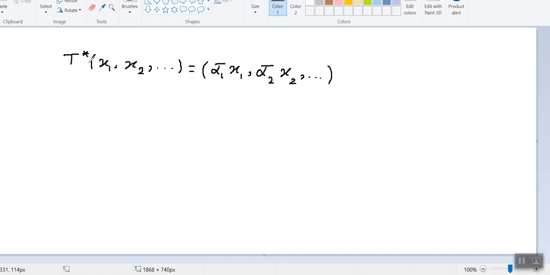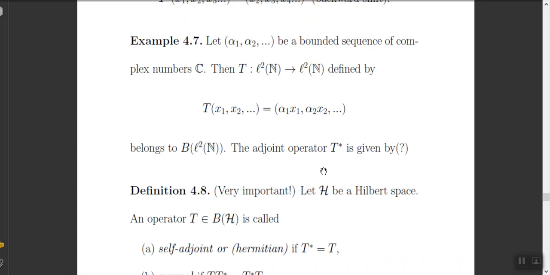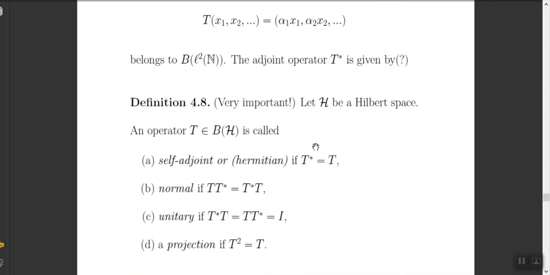Okay, so I leave it to you to show that this T star is indeed given by this formula. It means you have to show that T star satisfies the characterization of the adjoint operator. Okay, next we have a definition here